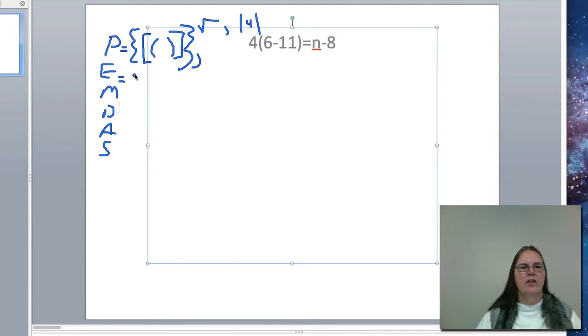Then we have the base of a number raised to a power, exponents. Multiplication, division, which you do from the left to the right. And then, of course, we have